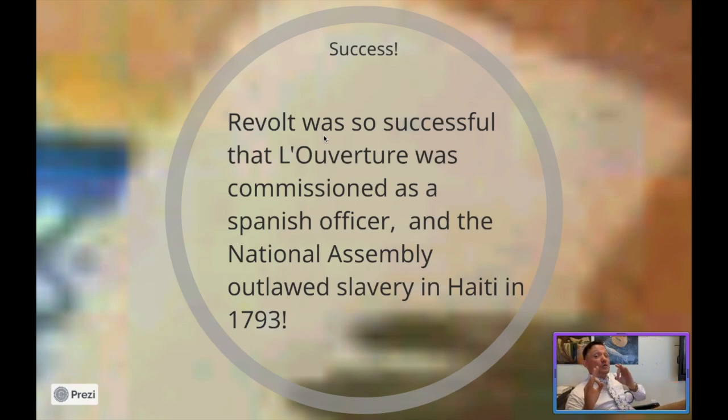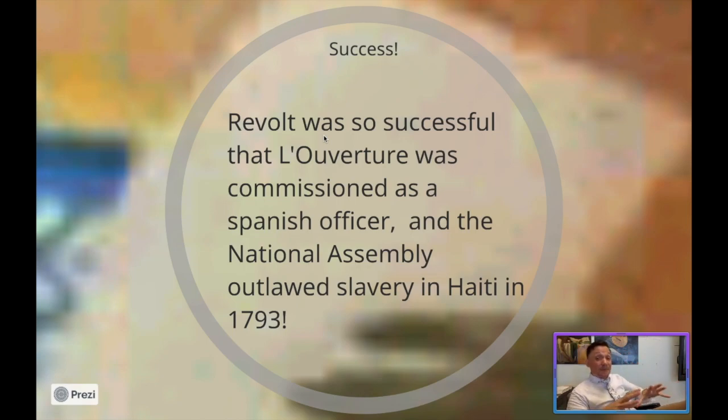And he was so successful, in fact, that the other powers in the Caribbean, the Spanish government, were literally like, hey, Toussaint, how about you stop being loyal to France and you become an officer in our military? And the deal will be, we will abolish slavery in your colony, but we will get the land as a part of our country, right? And Toussaint considered this very, very heavily.